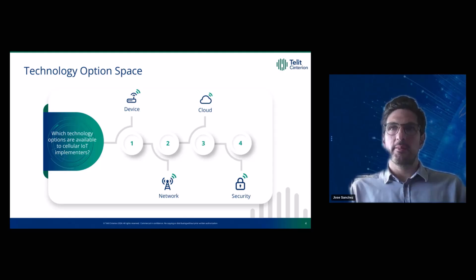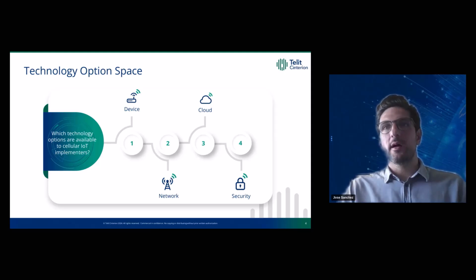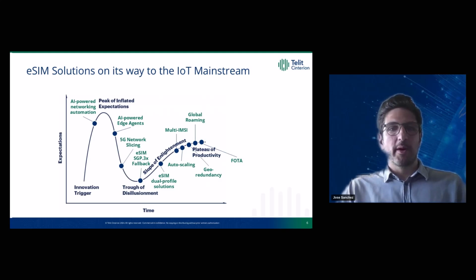Things such as performing pen testing, implementing hardware root of trust, for instance, instead of a software root of trust, implementing firmware update mechanisms, firmware over-the-air update mechanisms, and last but not least, complying with cybersecurity regulations. All of these are technologies that can be used to improve the reliability of IoT applications, and these belong to the technology option space that implementers have at their disposal. But in this presentation, we want to talk about eSIM solutions and eSIM technology, and how